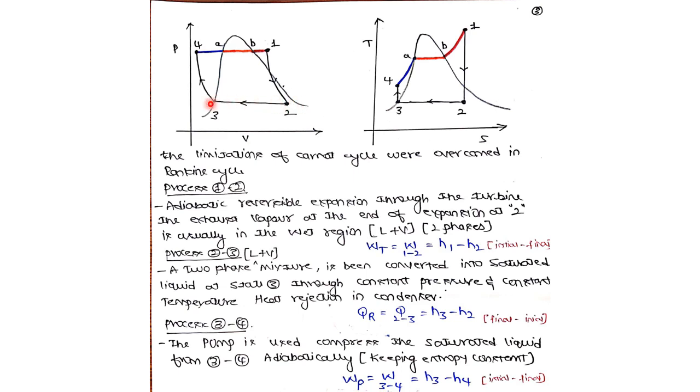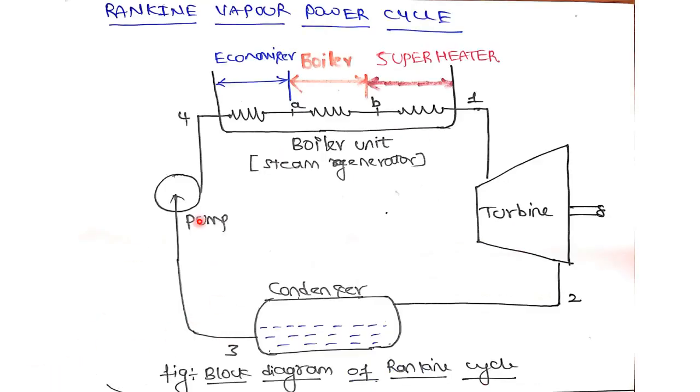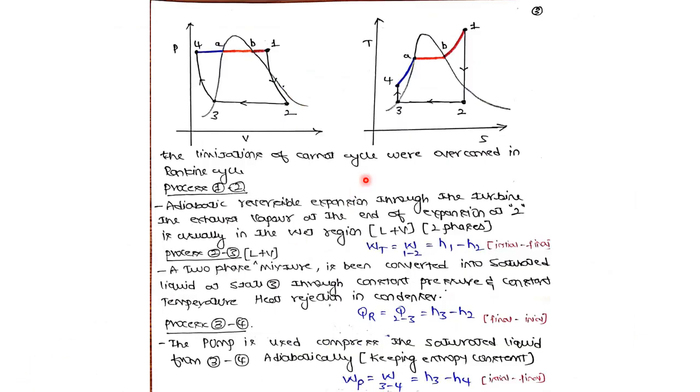From 3 to 4, what happens? Here is a pumping action. A little bit of pressure is raised of that particular saturated water. From 3 to 4, a little bit of pressure is being raised. But there is no huge temperature rise, only a small temperature rise. Basically we are doing 3 to 4 for the pumping action, that is to increase the pressure, not to increase the temperature. So from 3 to 4, in the Brayton cycle it was by the compressor. In the Rankine cycle it is by the pump.